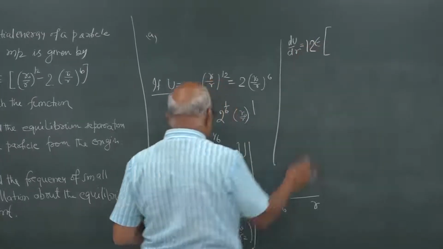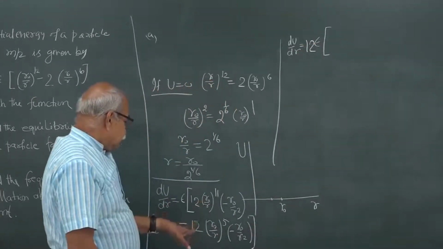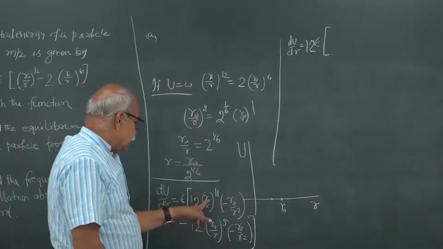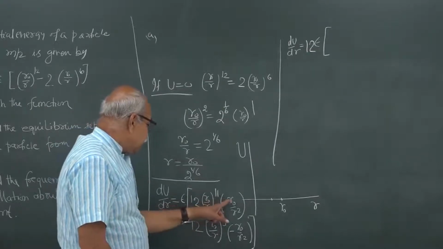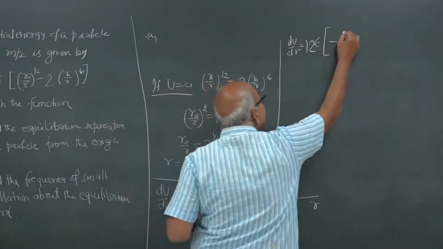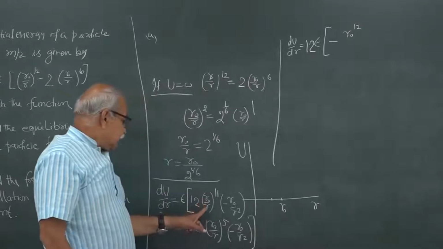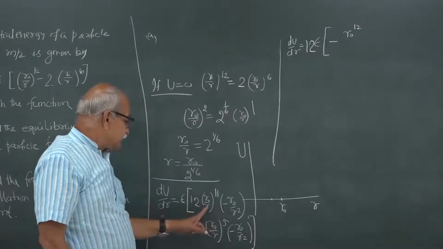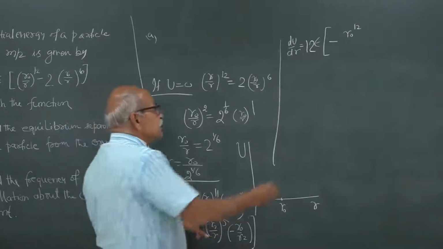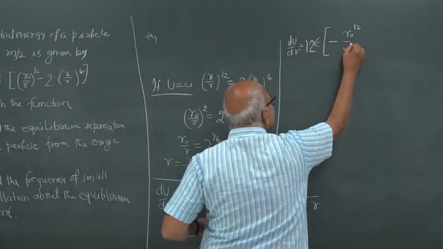Then it is minus r naught to the power 12, and then r to the power 13, right. So, divided by r to the power 13,